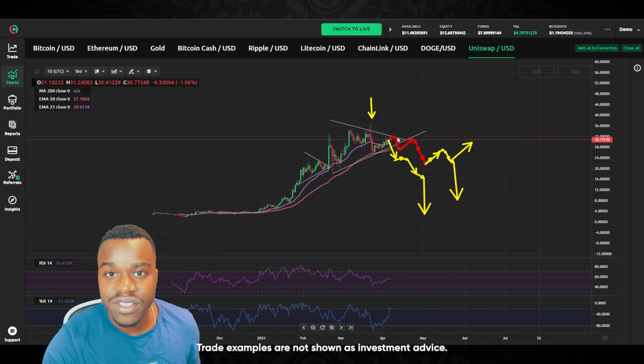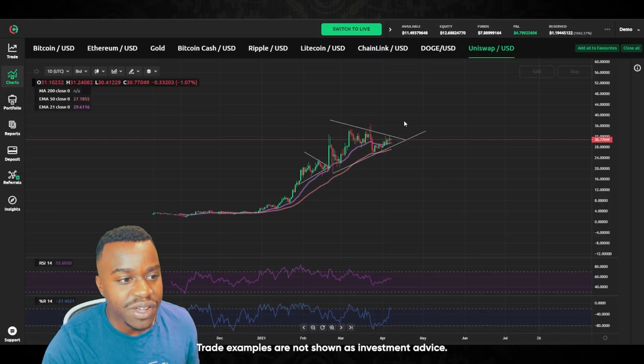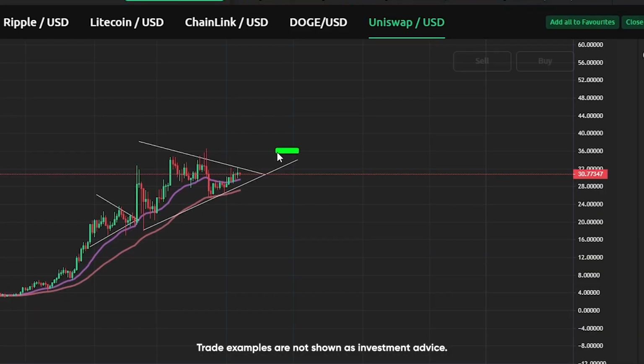But even if UNI does get some competition, I don't see it heading back down to these levels. I expect that low $20 range to hold for quite a bit if it does become tested. But now back to the bullish side, my price targets that I'm looking for the month of April. First one, as I mentioned earlier in this video, I do have some resistance levels to look at, but if we do break them, I do look at this $36 range to become tested later this month. And that is my first price target.